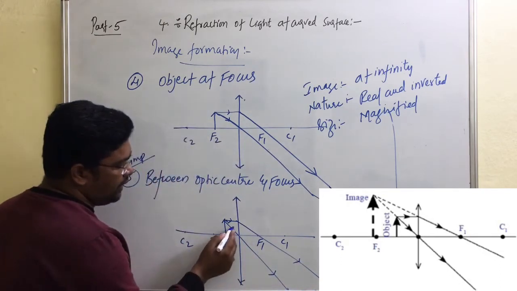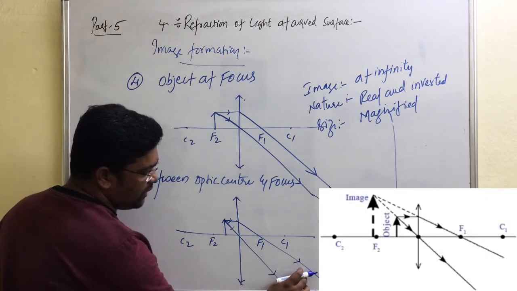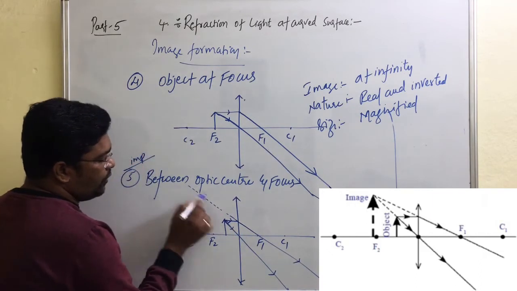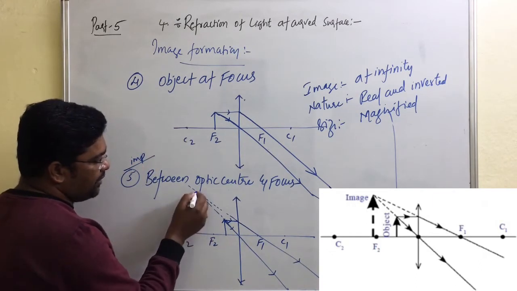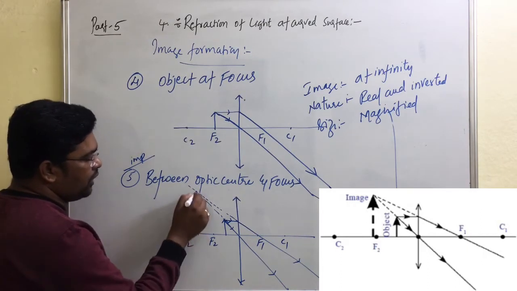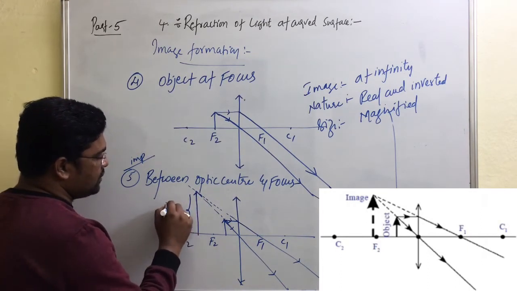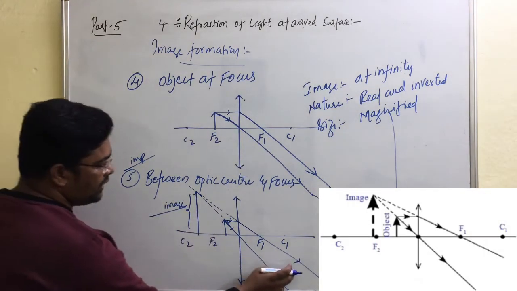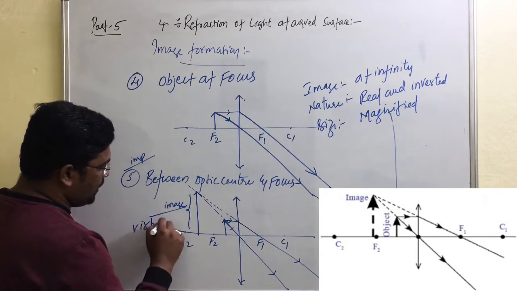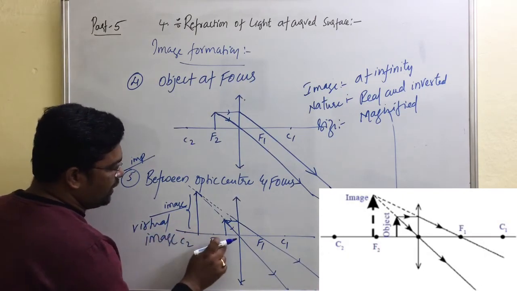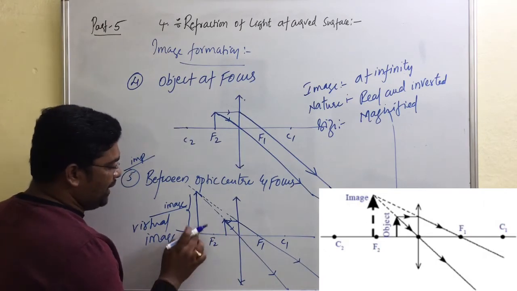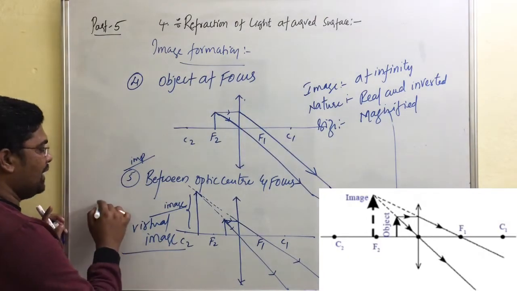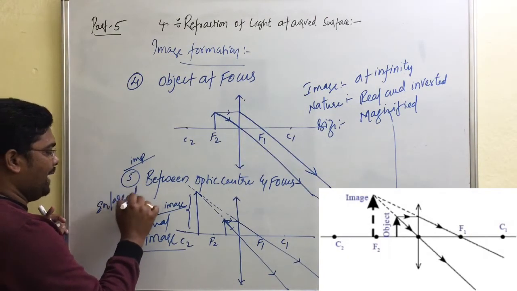If you observe very carefully, these two rays are diverging. These are not converging light rays, these are diverging light rays. In that case, what we will do, we will extend it back. So when we extend it back, they are intersecting here. From this point, if we draw a normal, now this is our image. So this image is formed on the same side. If any image is formed on the same side due to non-intersecting light rays, we call it a virtual image. So when object is between focus and optic center, we get image on the same side of a lens, and that image will be virtual, and that virtual image is enlarged or magnified.